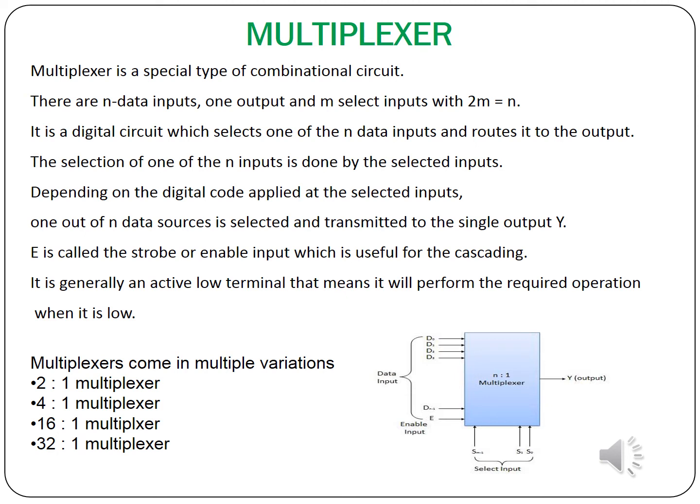A multiplexer is nothing but a data selector. It is a special type of combinational logic circuit. The circuit is mainly used for transmitting data. Any one of the signals is selected and routed to the output by the multiplexer circuit, so it is mainly used for data transmission purposes.